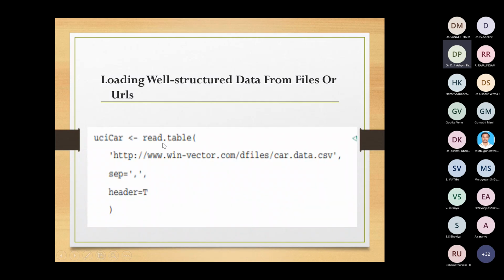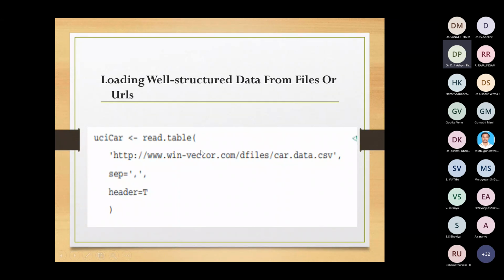Here you see what happened with read.table. This command loads the data and stores it in a new data frame object called uci_car. So now we have created a data frame, which represents the data in rows and column format. The read.table command is powerful and flexible.